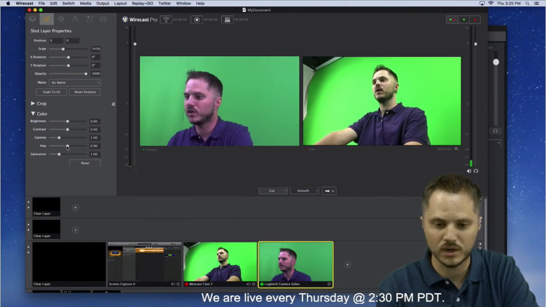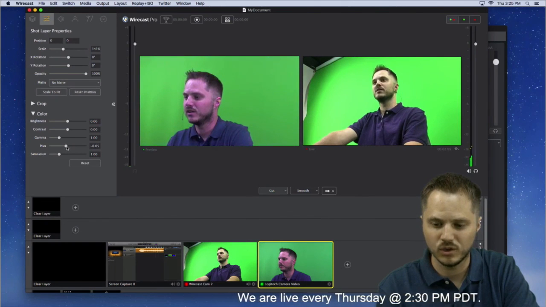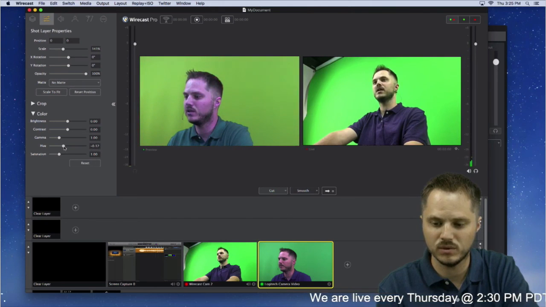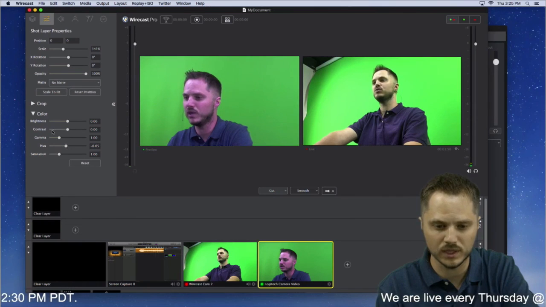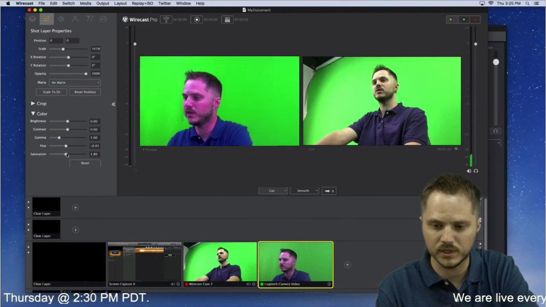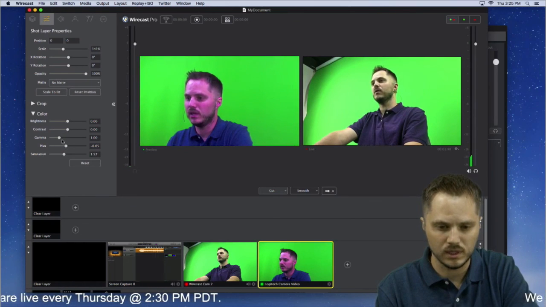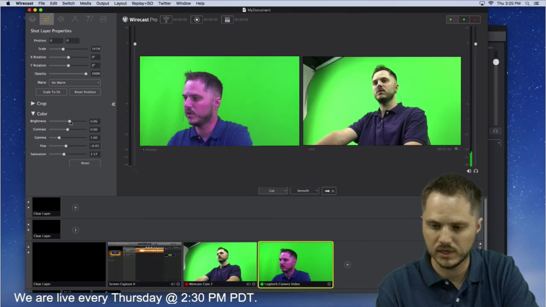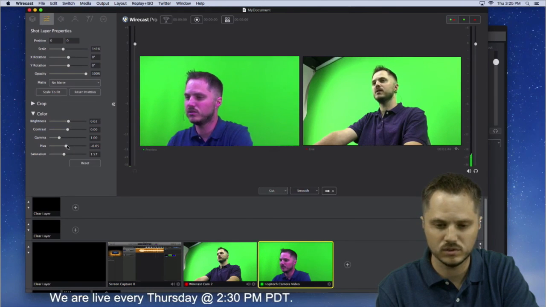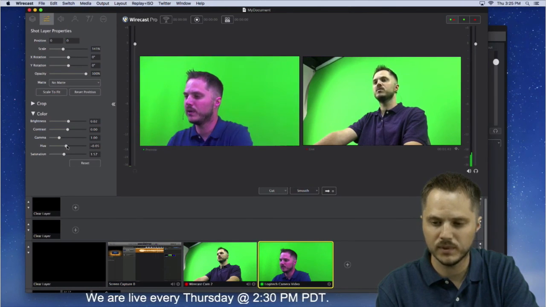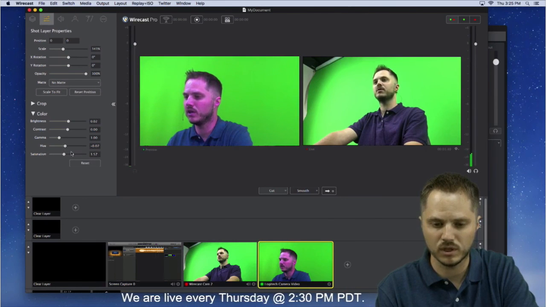So if I want to try to make it more green to match, I can take the hue down more to a yellowy range. I don't want to change my skin tone too much, but we can also up the saturation a little bit, and maybe up the brightness a little bit. Too much, I'm just kind of red. So you play around with this a little bit, you can get a closer match.